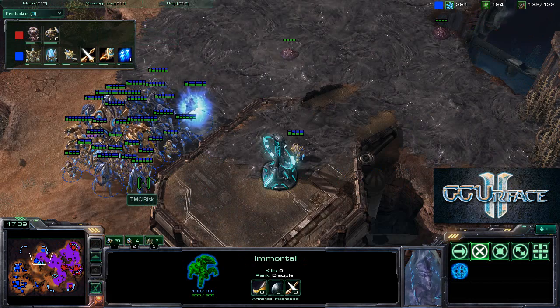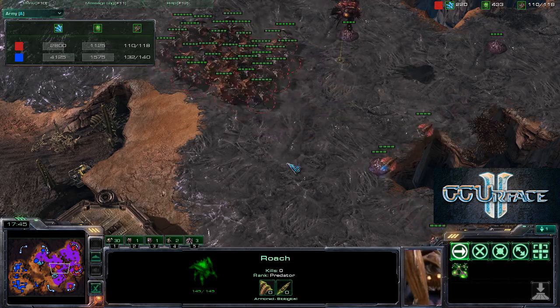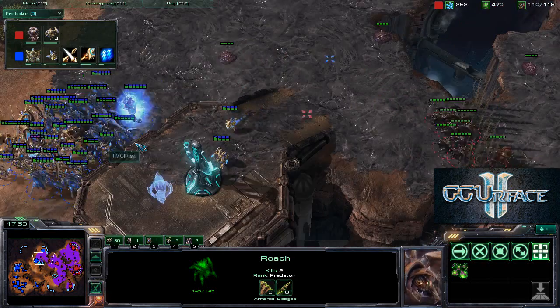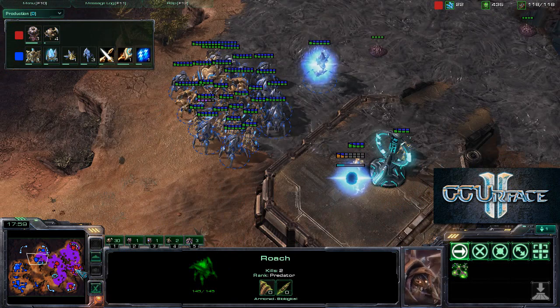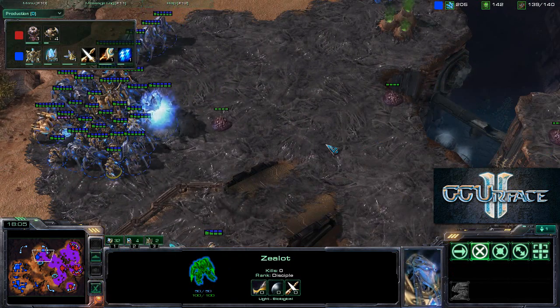the +1 weapons, I suspect he is going to start marching out when the +1 weapons is complete. The army size is at 110 to 131, 132, and it looks like MaDFroG might think about engaging here. He is coming in, and he is going to back off. Both players are in a very, very tense situation. MaDFroG is trying to macro up, and his opponent is trying to get that +1 upgrade, and then I think he